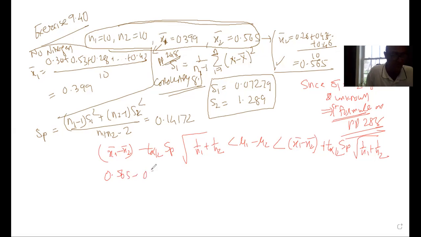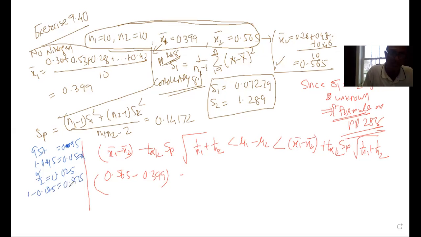that is equal to 0.565 minus 0.399 minus t alpha by 2, as I told you. How much confidence interval? The confidence interval is equal to 95%. Let me calculate that separately. For a 95% confidence interval, 1 minus 0.95 is equal to 0.05, and that is my alpha. So alpha by 2 is equal to 0.025, and therefore 1 minus 0.025 is equal to 0.975, and this 0.975